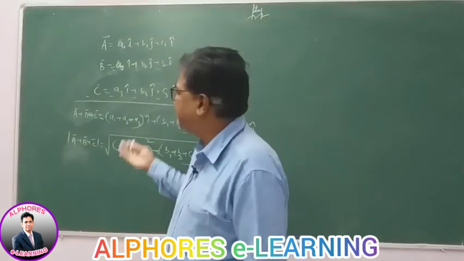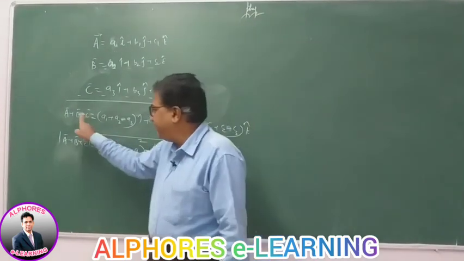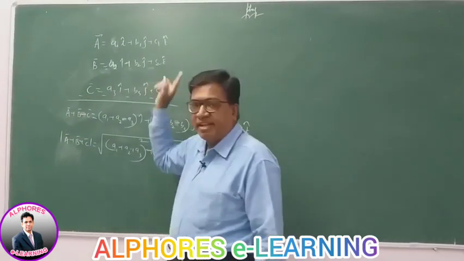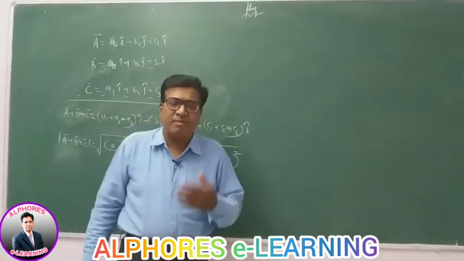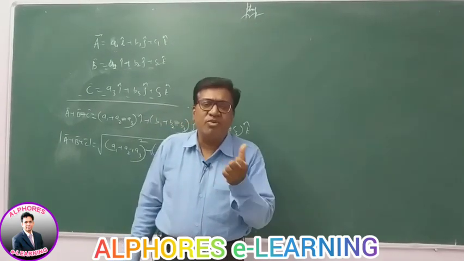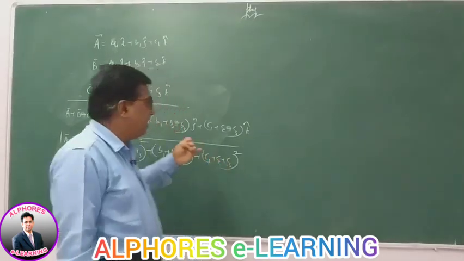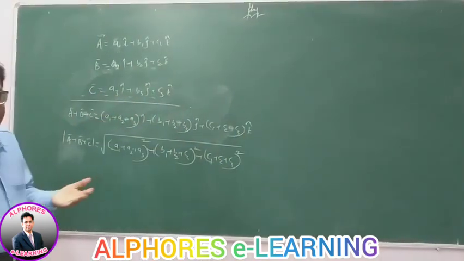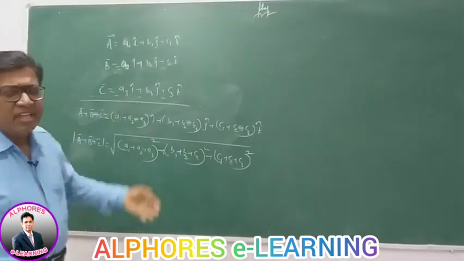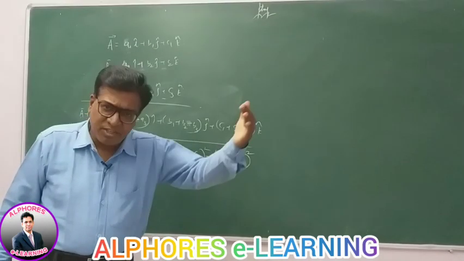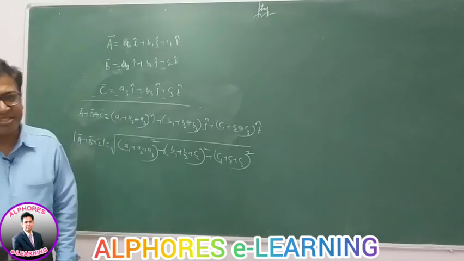Similarly, the subtraction also takes place. For a minus b, assign the proper sign, minus, to b. If b is minus, take the components minus and just add them. As I was telling you, subtraction of vectors is nothing special or different. It is just the opposite vector being added to the initial vector. That way you find the resultant vector, whether it is the addition resultant or the subtraction resultant, by assigning a proper sign to the respective vector. So this way you find the rectangular components. Okay, thank you.